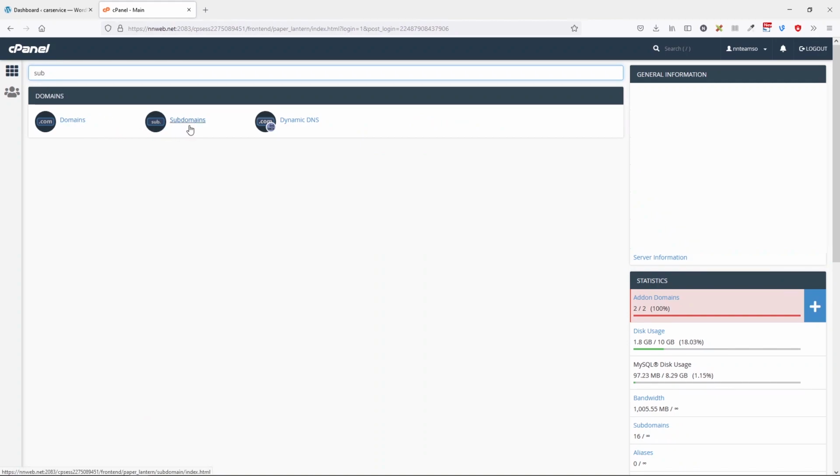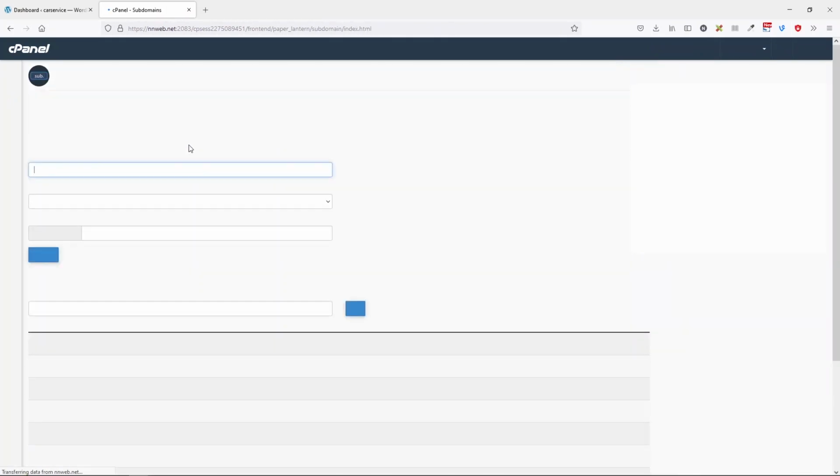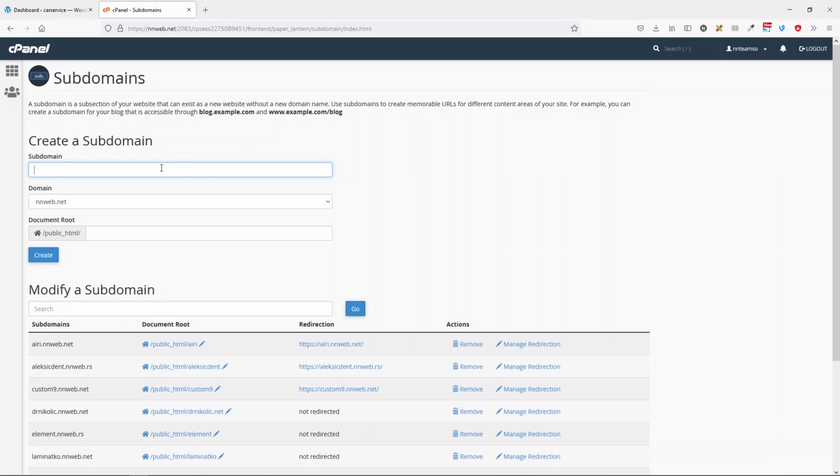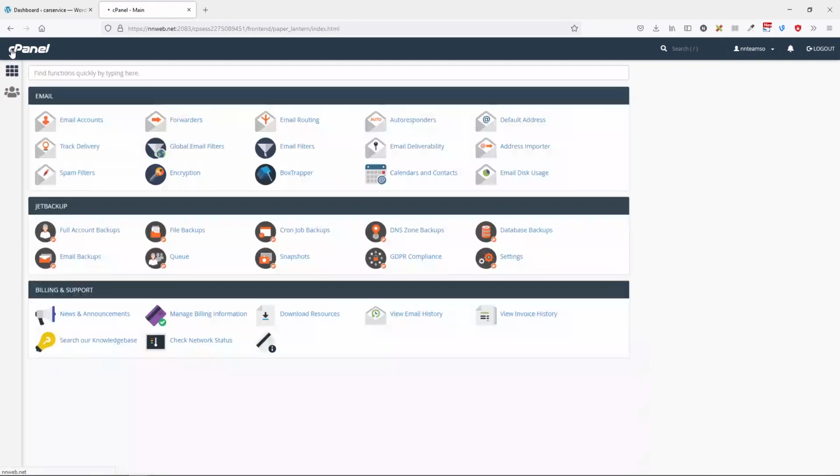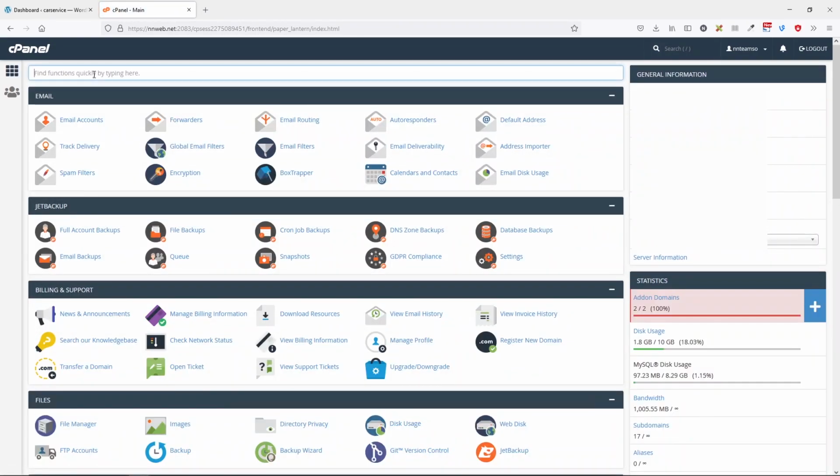We need to create one subdomain for our website. Okay, click here. And there type car service. Okay, click on create. And we have our document root here. Go back. Go to cPanel. And here